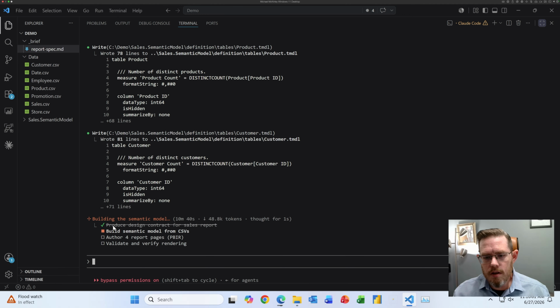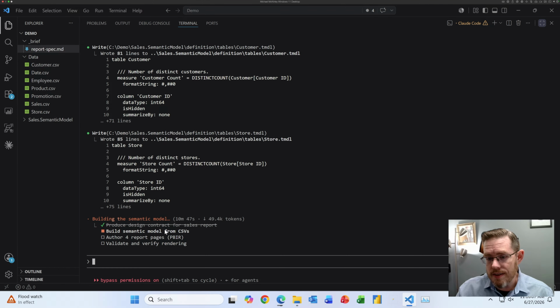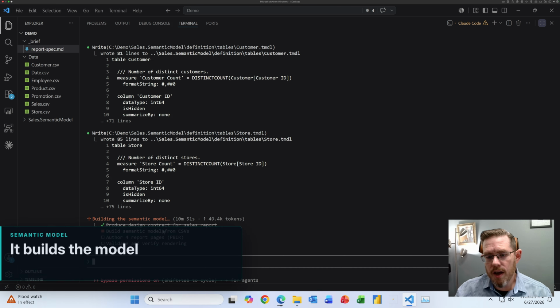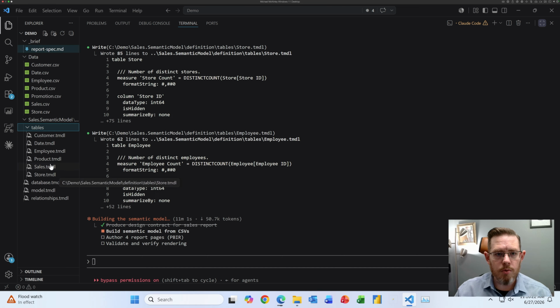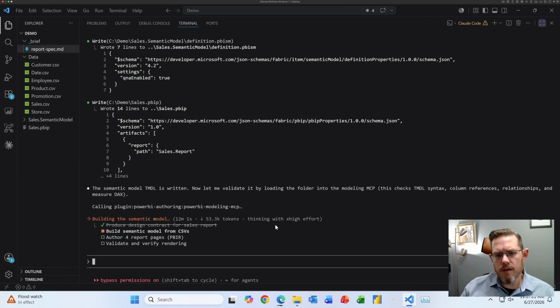So what we see here is a list of the tasks that it has produced for itself. The first thing is going to build the design contract. So that's what I just covered a moment ago. Now it is building the semantic models from the CSVs. You can see here it's building the customer.tmdl file, the store.tmdl file. If we come over here, we see the sales.semantic model and the various TMDL files in the tables. So you can see here that the semantic model